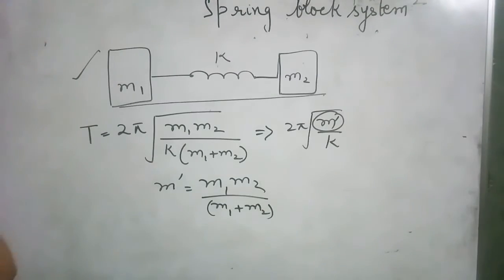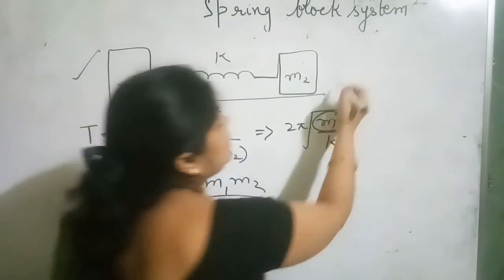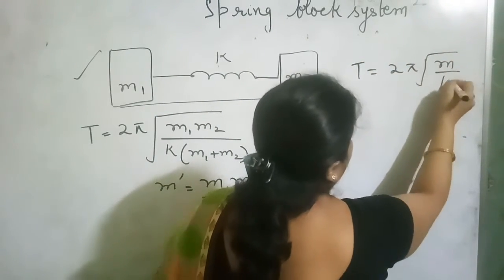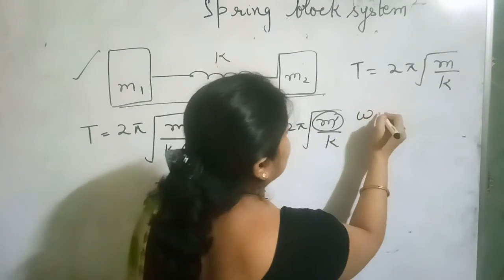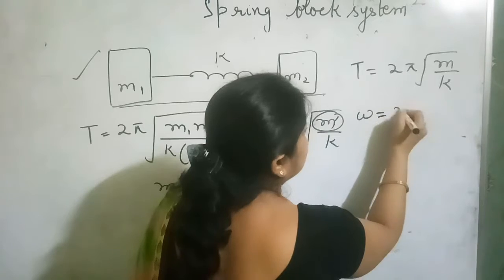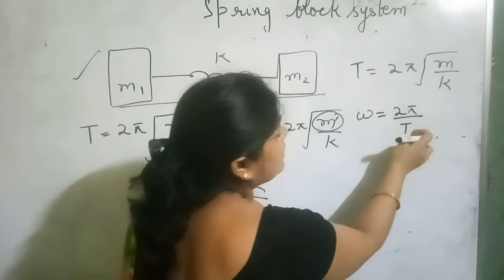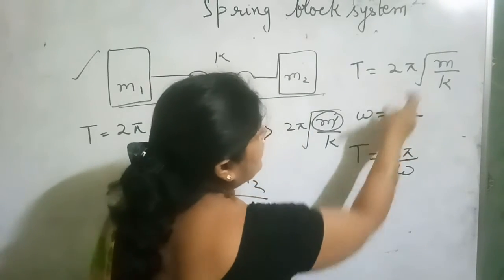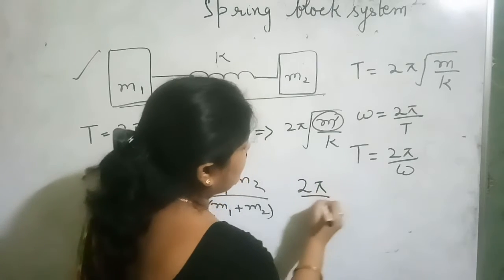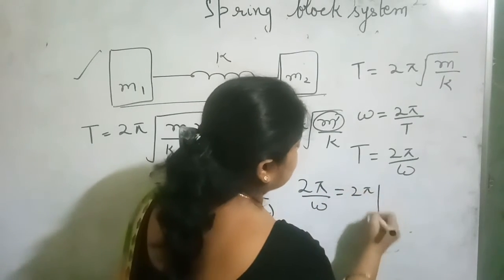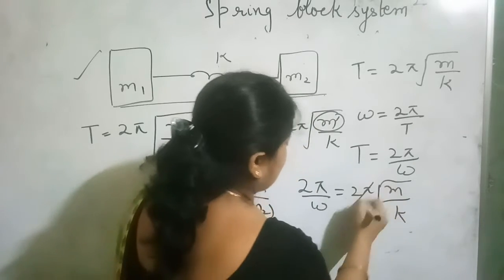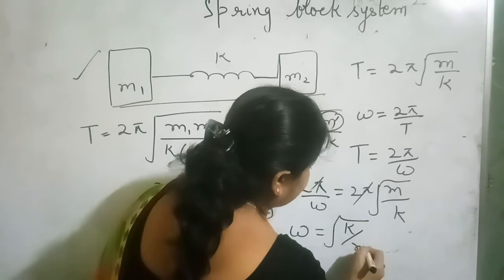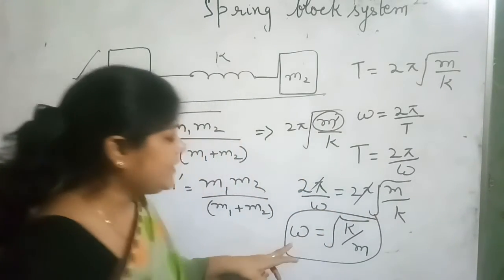One thing more I want to share with you, that we know that time period is equal to 2π under root m by k. Moreover, we know that omega is equal to 2π over time. So from here, time is equal to 2π over omega. So we can equate both of them. We have 2π over omega equals 2π under root m by k. Okay. Now it gets cancelled. So omega is equal to under root k by m. Clear? So we can also find the angular